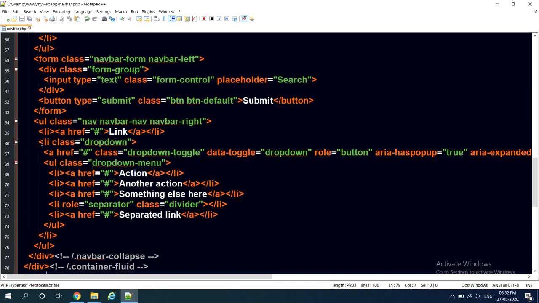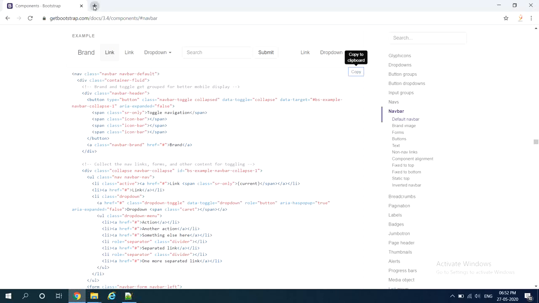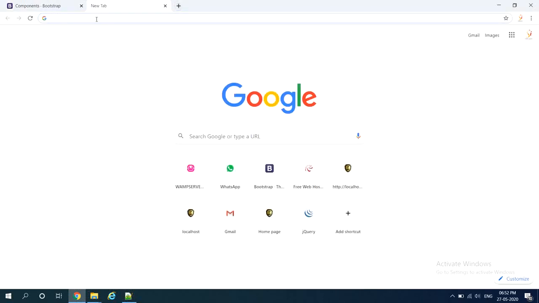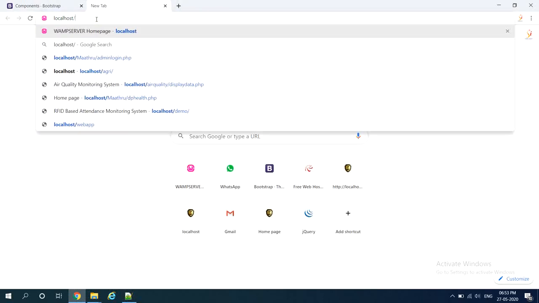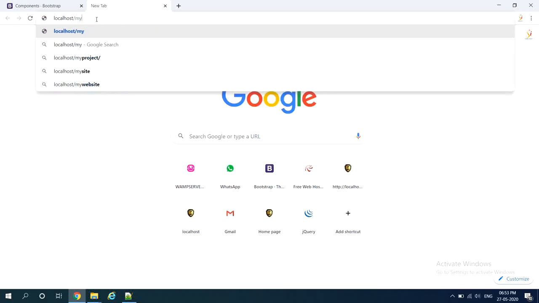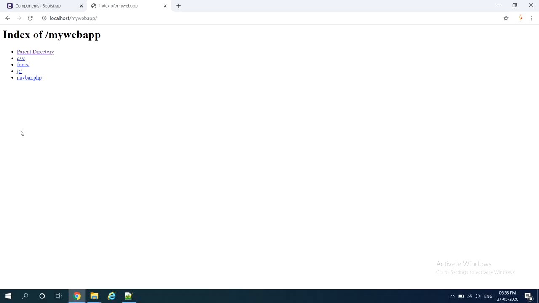Save the file. Let us execute this program. For that purpose, you select a new tab, type localhost followed by my web app. Yes, select navbar.php. Super.